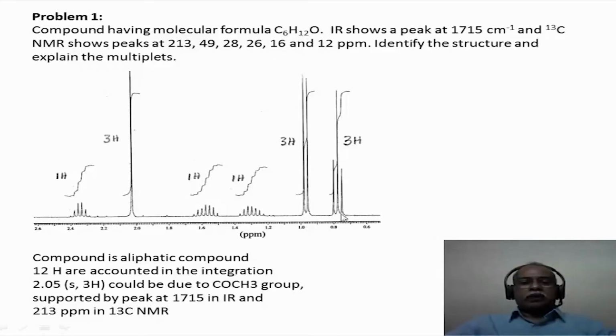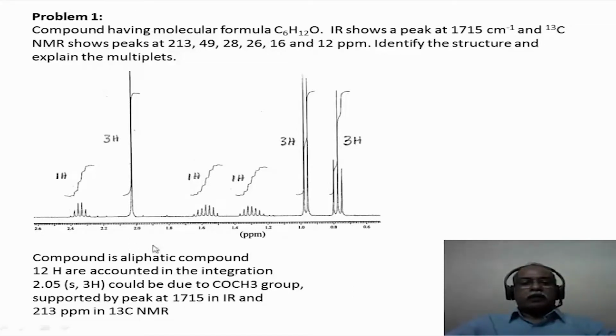Now right away you can tell that this is an aliphatic compound because the spectrum consists of peaks only from 0.6 ppm to about 2.6 ppm. There are no signals above 2.6 ppm in this compound, and hence the region above 2.6 is not displayed here. Therefore, we conclude the compound is aliphatic, and probably a saturated aliphatic compound. There are no carbon-carbon double bonds or aromatic nucleus in this structure.